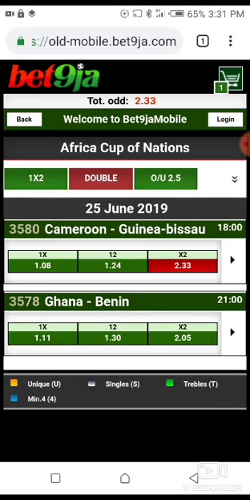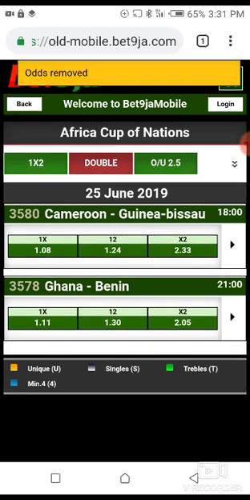So choosing this option is really, how do I say, popular for risk takers. So I wouldn't advise any non-risk taker to choose this option. Okay, so now let's go to the next